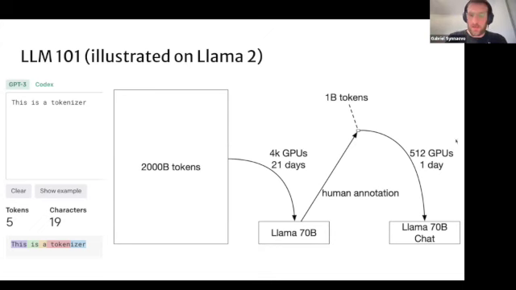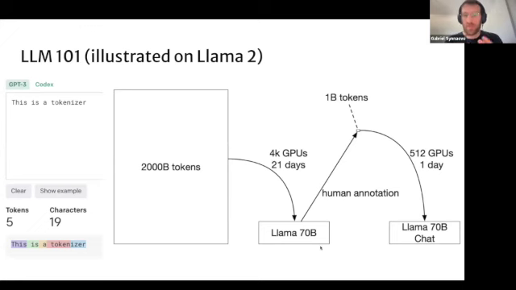And so the plot on the right basically shows what goes into training a model. So for a Llama 2 model, for instance, this is outdated, but this is still the true workflow. You pre-train for a lot of tokens. That's where most of the knowledge is going to come from. This is what most of the computation goes into. So you have these 2,000 billion tokens that come from crawling the web, right? And a bunch of public sources. And you train your 70 billion parameter LLM, so your Llama. Back then this roughly took 4K GPUs for 21 days to train. And then you have a pre-trained Llama 70B model.